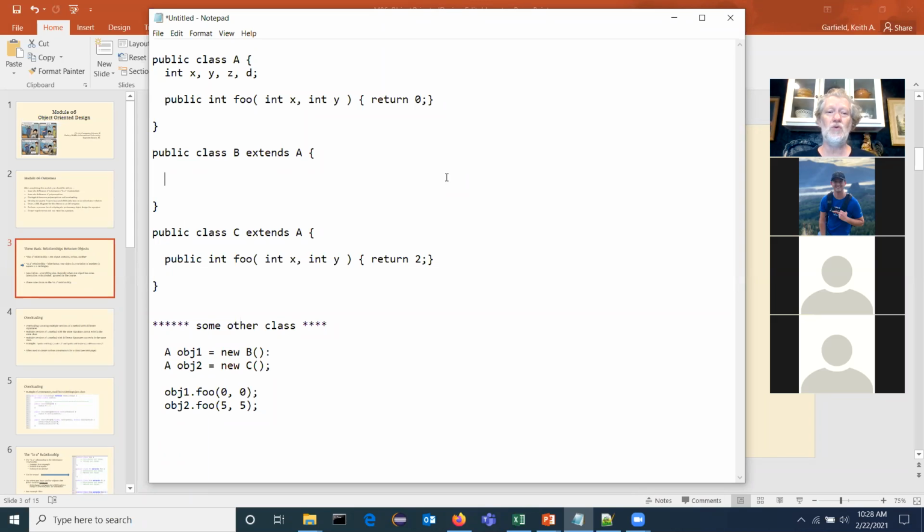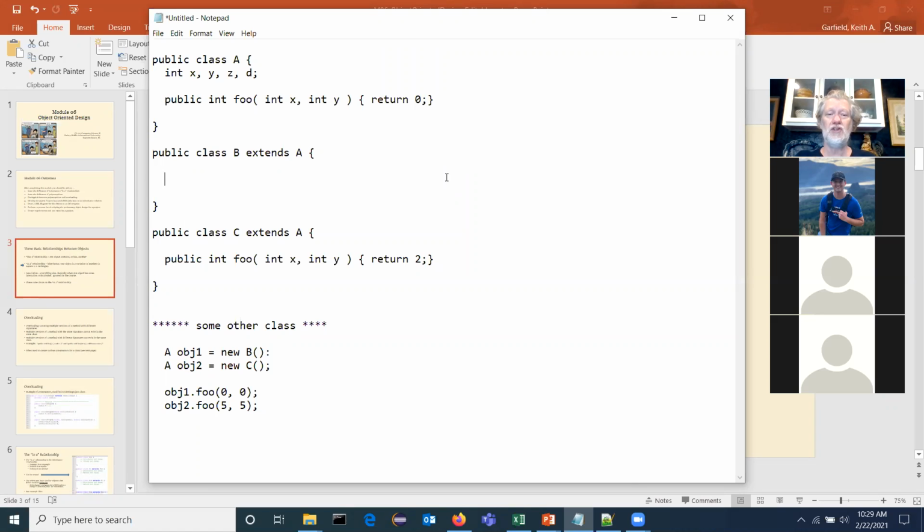Now, why would you do this? You wouldn't do it where the extended class is completely empty. The main reason you're going to do this is because you need behavioral difference. So that means you're going to take the extended class, in this case class B, and modify the code in at least one method from class A. At least one, and probably more than one. But let's say class A has 10 methods. How many are you going to change in class B in a real situation? Probably 2 or 3. Some of them are going to be okay.